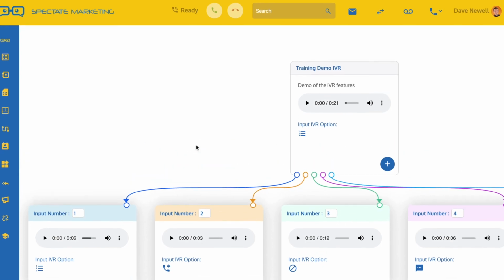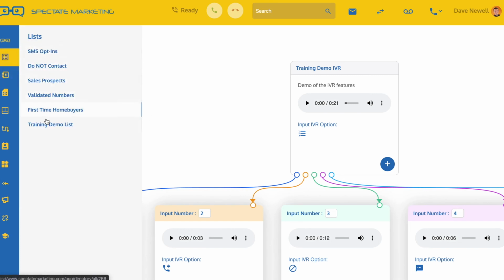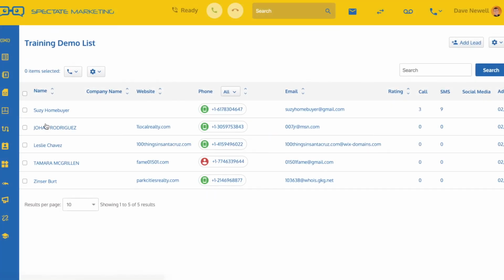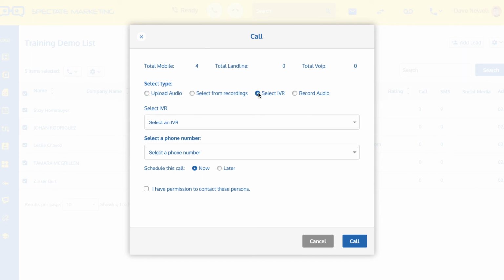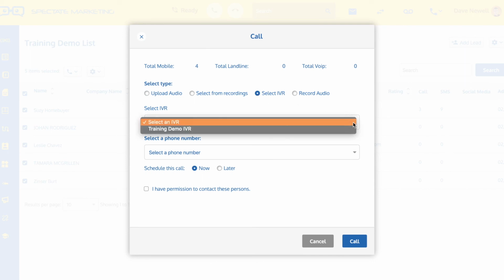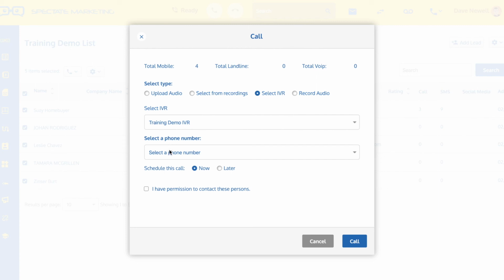Now, if we wanted to use this IVR, there's a whole number of ways that we could initiate use of it. So if I go to one of our lists, and here from the list I could choose one or more. We could choose all of these people and choose to make a phone call to them and choose an IVR as the type of phone call. And then select from among the lists. We only have 1 in our list currently, but if you had more than 1 created, this list would populate with all of them. And select the outgoing phone line, the Twilio line that you were going to be making